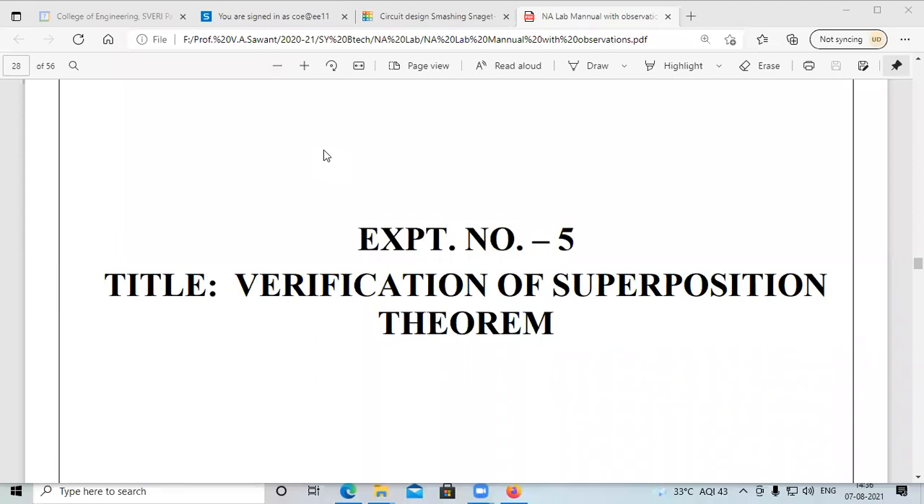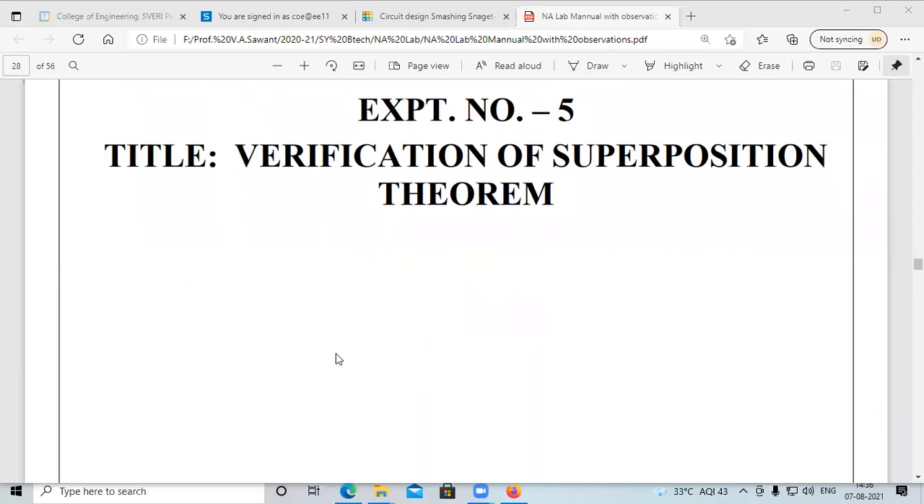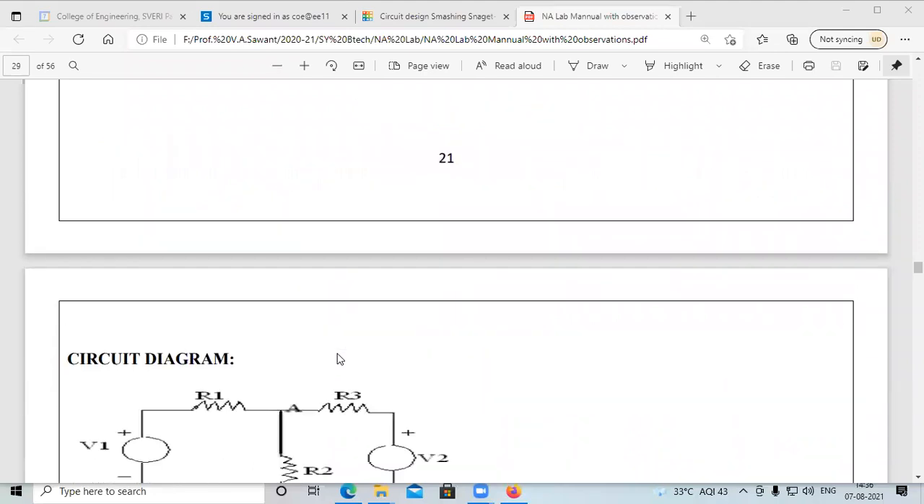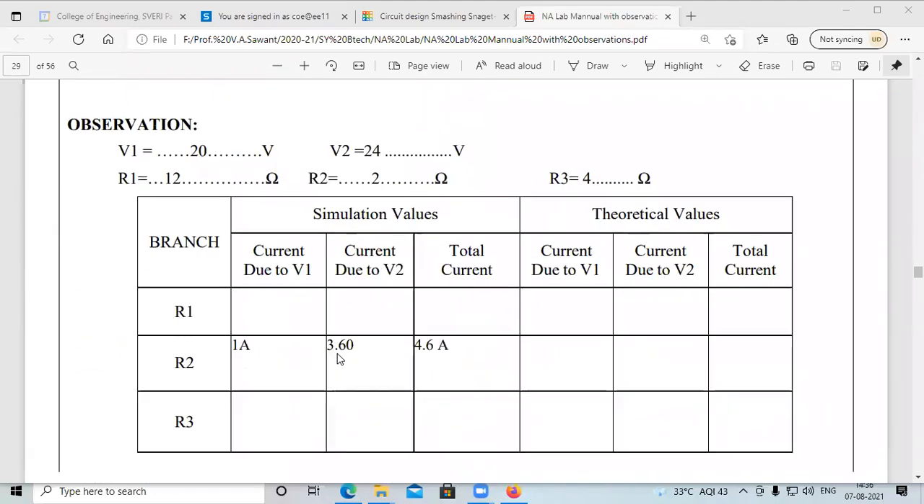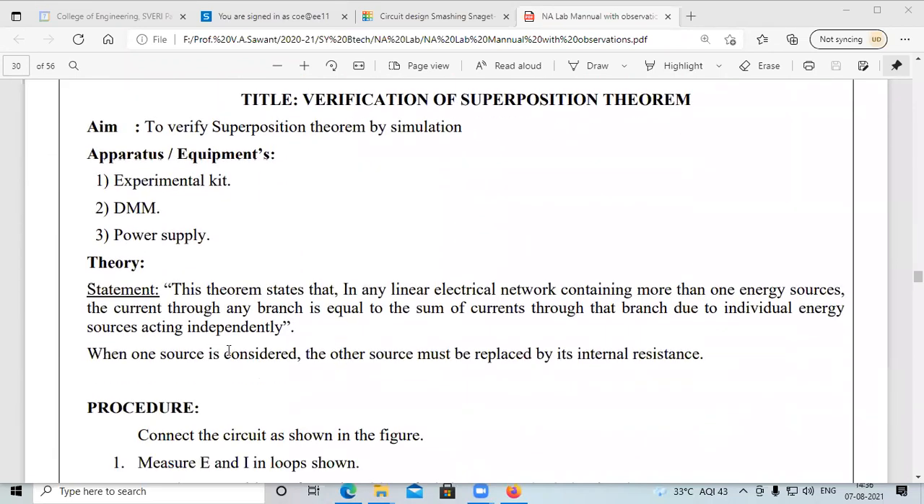Now, today we will discuss the next practical, experiment number 5, verification of superposition theorem. You know what the statement of the superposition theorem is. The superposition theorem states that